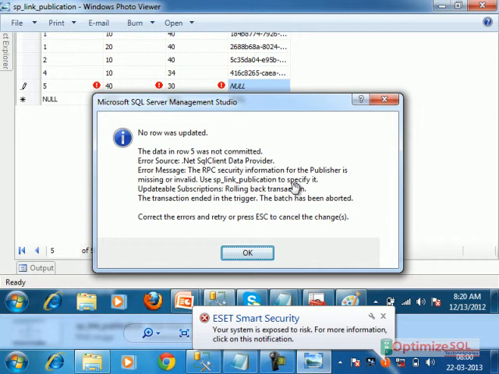Even if you have given a valid SA login name and password, Windows authentication mode doesn't allow us to connect as SA.